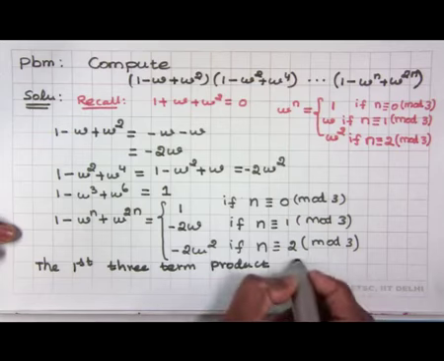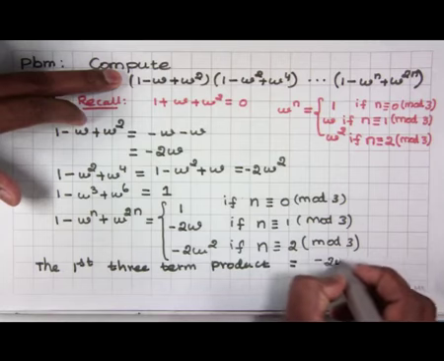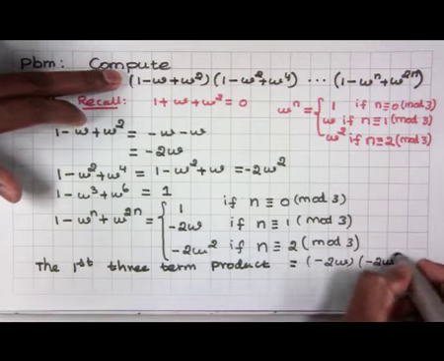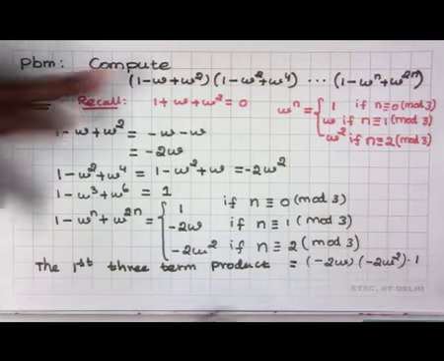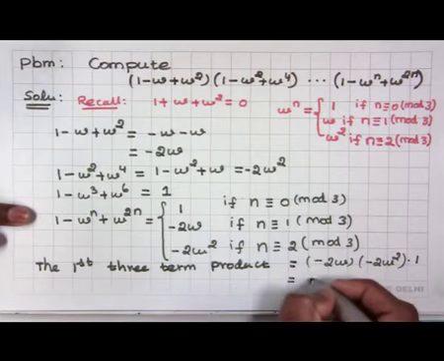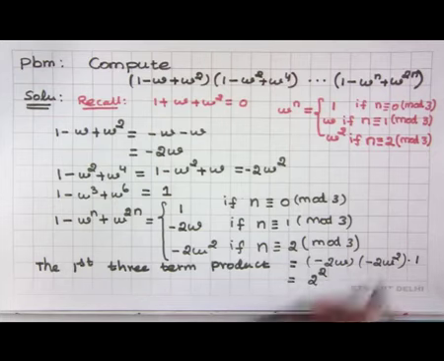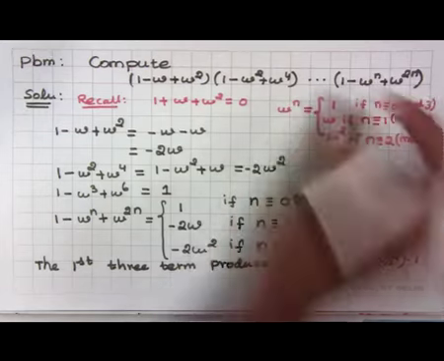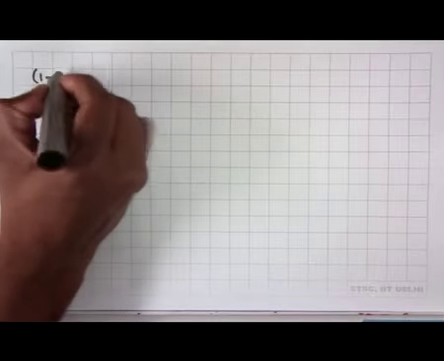We get the first term minus 2 omega, the next term 2 omega square, and the next term 1. So, the value is 2 square, the remaining is omega cube, that is 1. If I take the other set of 3, again you are going to get the 2 square. By this observation, the value of the product